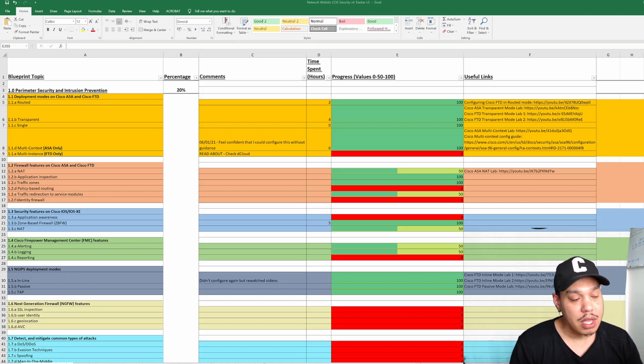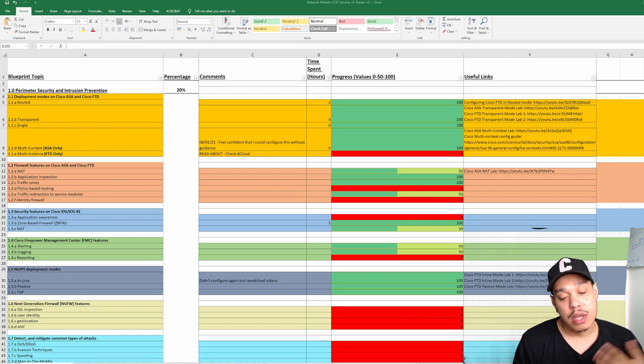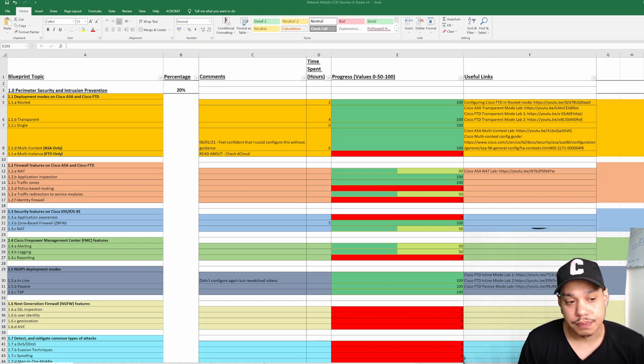Now, obviously these points are what I have put together based on what I felt and my experiences with the exam. Others that go into the CCIE exam might come up with different points, or they might have other areas where they felt they needed to focus. But as I say, these are my key points, and I wanted to share these 5 points with you to make your life hopefully a little bit easier. So I'm going to start off with 5 and go all the way down to number 1. The first one, or number 5, is that